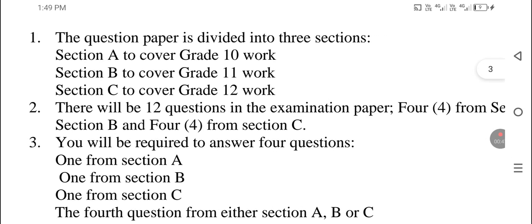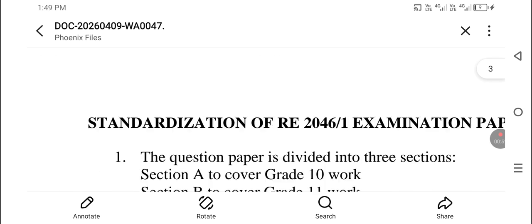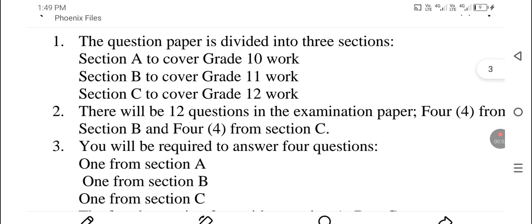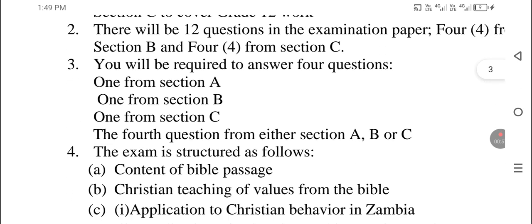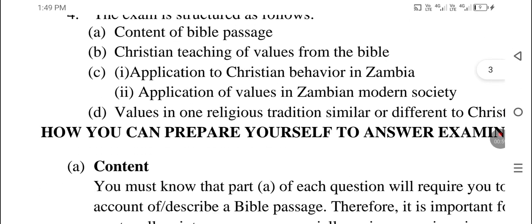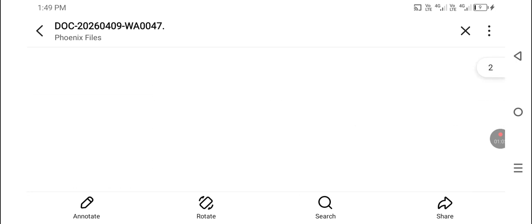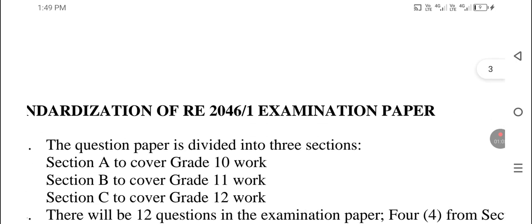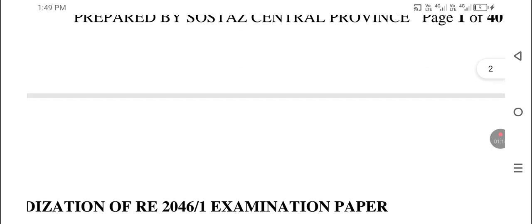I want to talk about some of the important things in RE, because I have a lot of people who have come requesting, saying they are first learners, whereby someone has not sat in class and learned about RE. So they need some basics. Some of the things that you need to know in RE is that there are